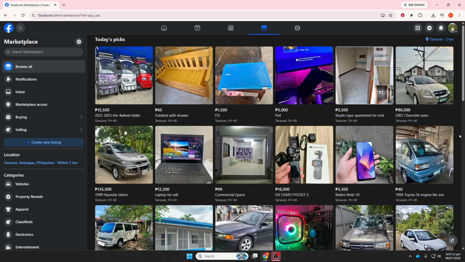One quick tip to remember is that some sellers may manually enter prices or use a format that doesn't perfectly match the region, so you may occasionally still see exceptions. But in general, changing your Marketplace location and, if needed, your Facebook region settings is the main way to get the correct currency to appear. And that's how to change currency on